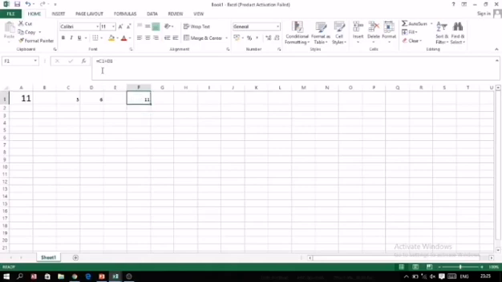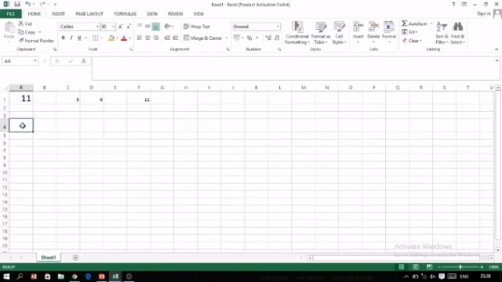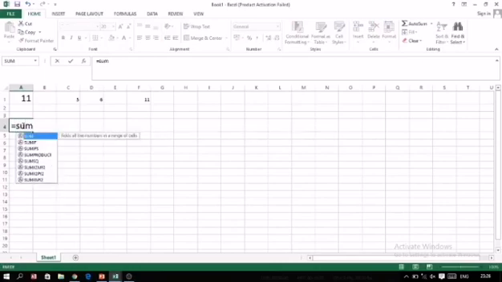In a formula we use either the cell addresses or the numbers directly and an operator, that is the plus sign in this case. Now the next topic is function. In a function we use a function name, and as we use the particular function name, Excel understands what we want to do.